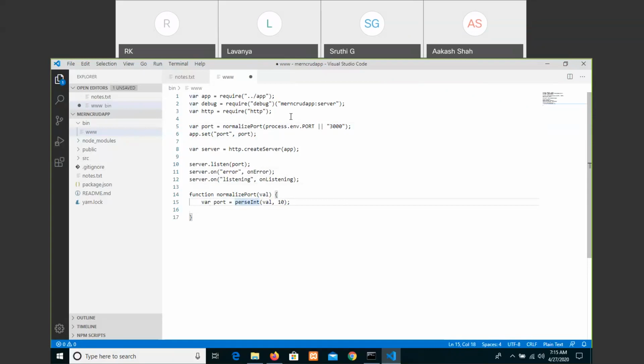Not parse. Parsing is a built-in function. We are passing and saying that that should be in 2 digits, or something, a number you are passing.